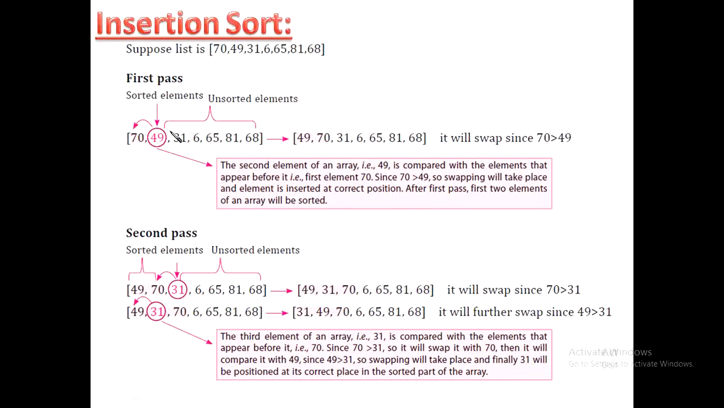So in the first pass the list will be categorized into 2 parts. First is the sorted element and second is the unsorted element. The first element in the first pass will be considered as a sorted element and the rest of the elements will be considered as unsorted elements. Now the first element of the unsorted list, that is 49, will be compared with the sorted